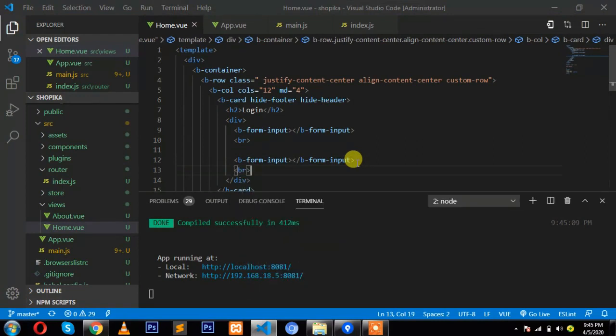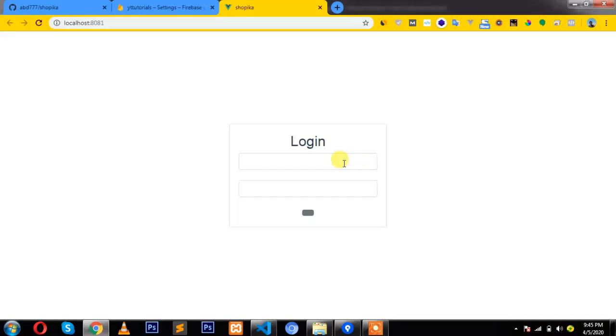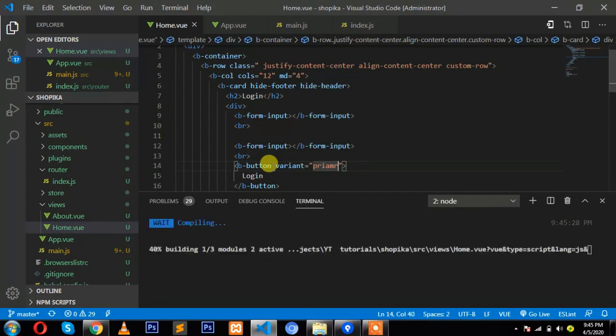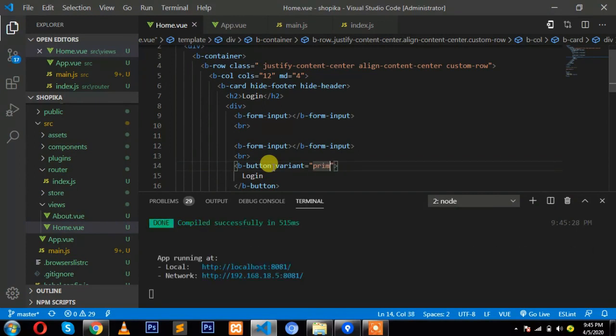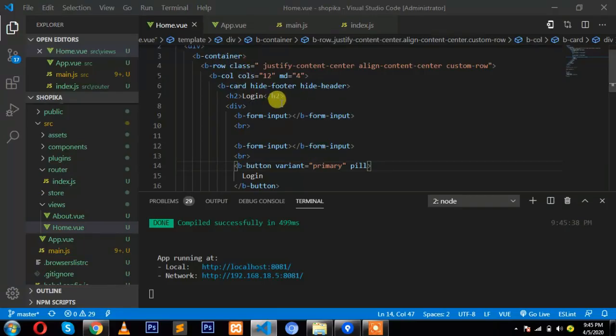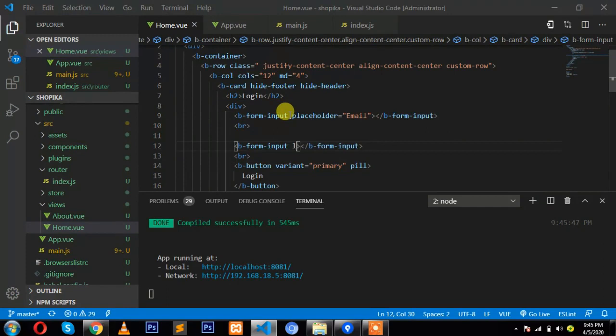Also we should have at least a button which will say login. That's great. We can say variant primary, and it should be uphill, so it will be a rounded button, with rounded corners. Okay, so it's looking great. We should have some placeholders here with like email, and this should be our password,